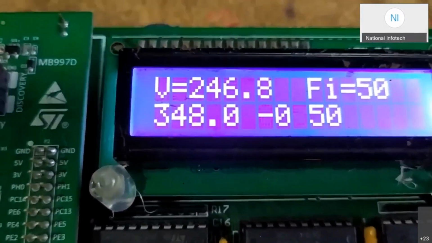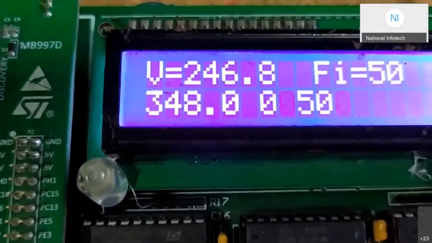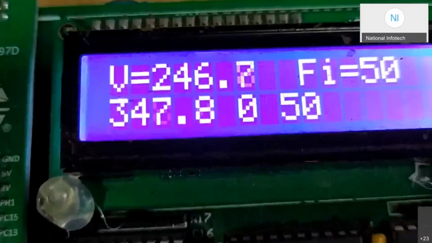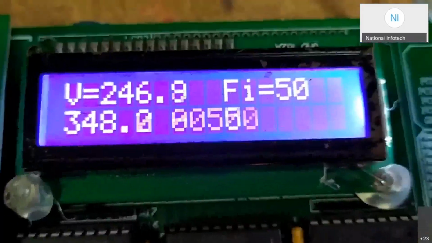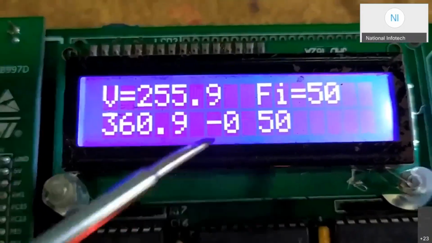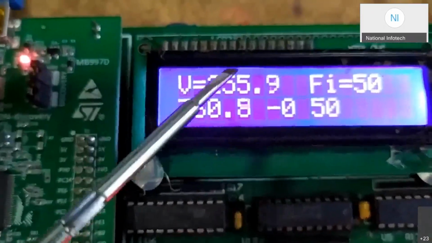So with change in the input voltage, it is tracking, and it is always keeping the D-axis on the voltage axis. So it is maintaining our angle estimation, and we can say that the estimated frequency is also 50. This estimated frequency is also 50, and only the result is changed here.